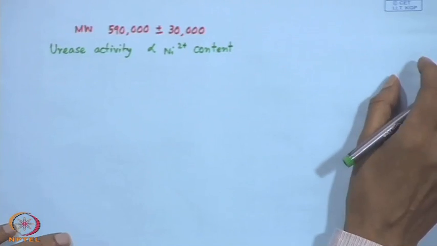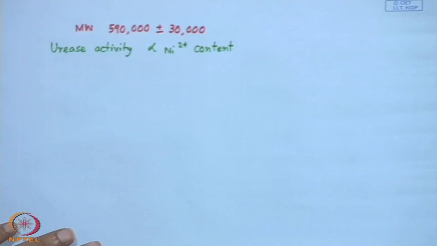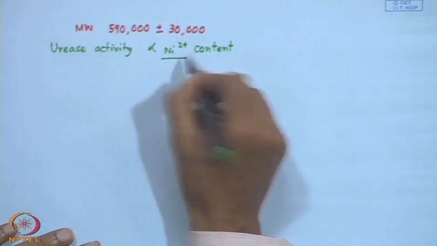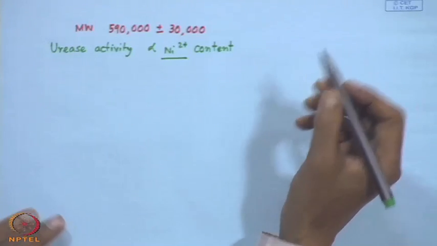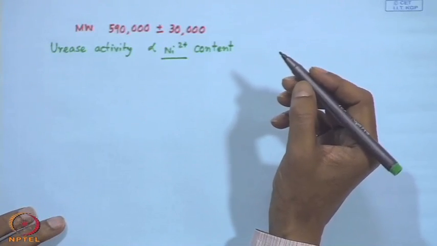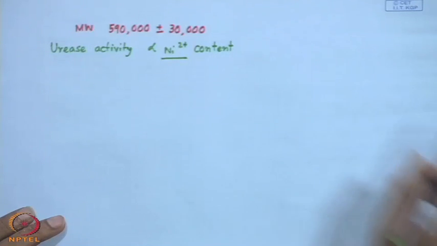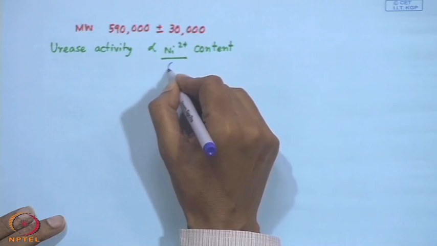So, it is not related to some organocatalysis, where some organic molecule and some Lewis acid interactions take place and you get the catalytic activity. Here, definitely you need the presence of Ni2+. So, it is a metal-centered catalysis, and a corresponding system, what is present there, what are the nickel